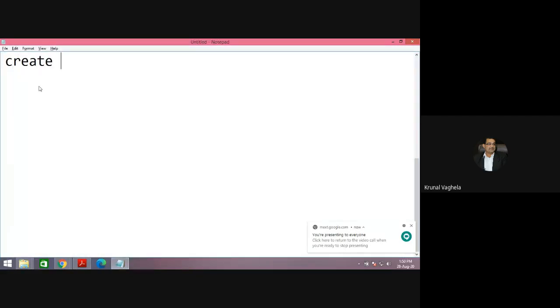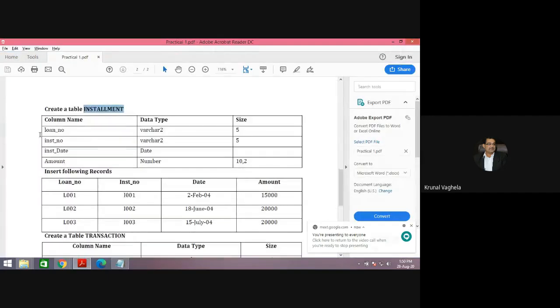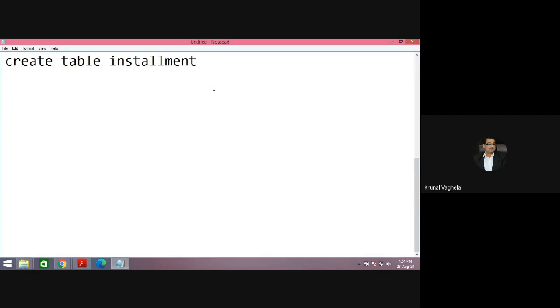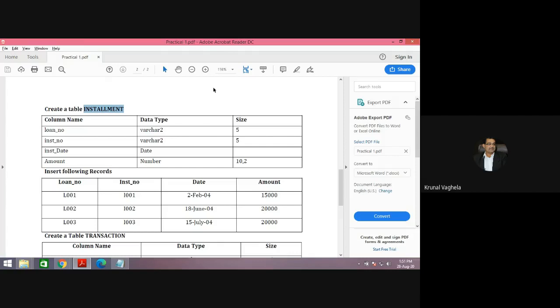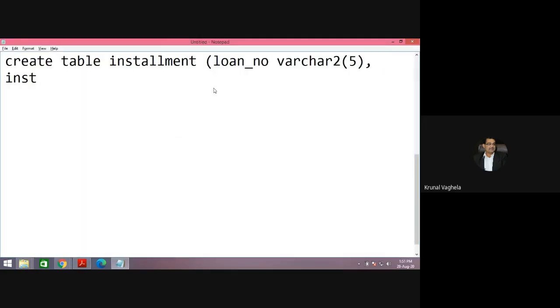Create table installment and the loan number, installment number, loan_number, data type is varchar2, size is 5, installment_number, data type is varchar2, size is 5,